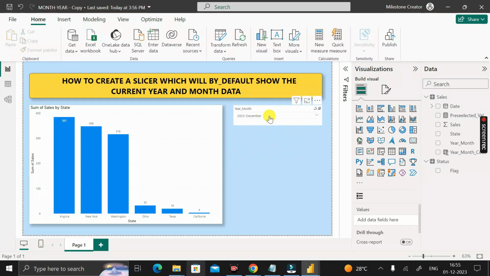So in this way we can create a slicer which will by default show the current year and month data. All right,